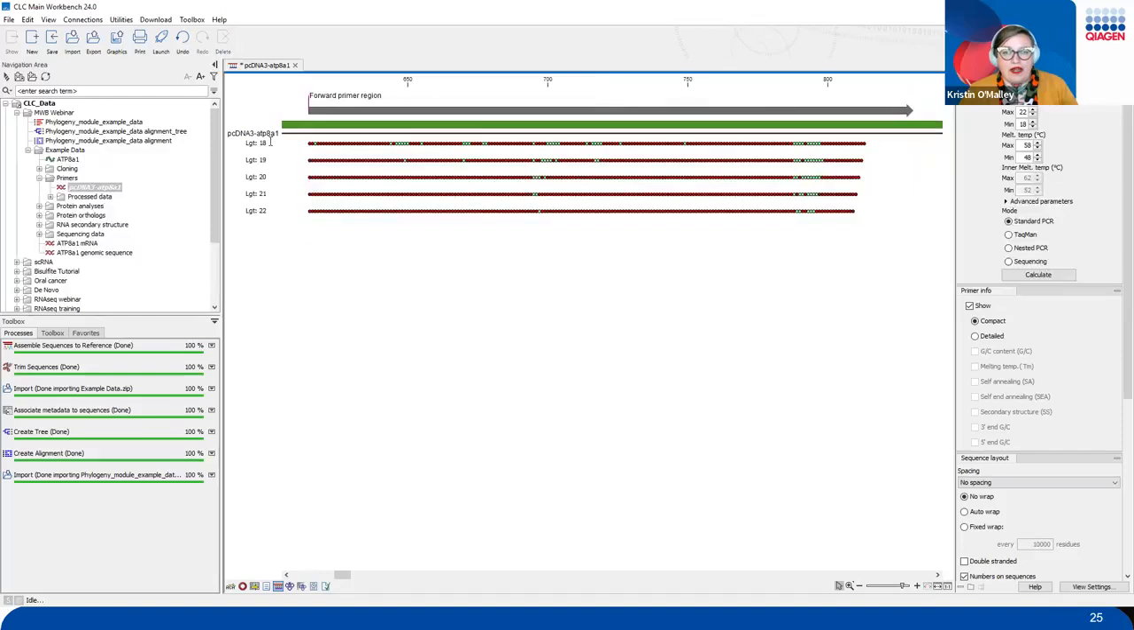So if you want a length of 18, here's your 18 line, 19, 20, and so on. Each of these individual dots is going to show where the start of a primer could potentially be. Now, depending on the settings that we have listed over here on the right-hand side, these dots will either be